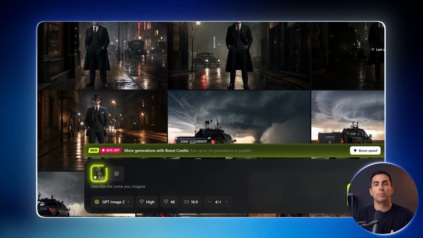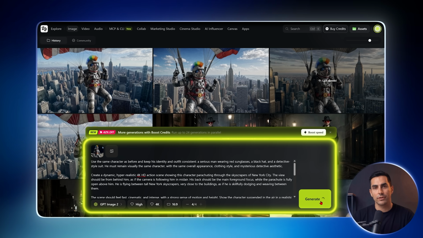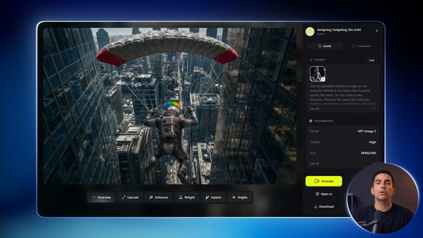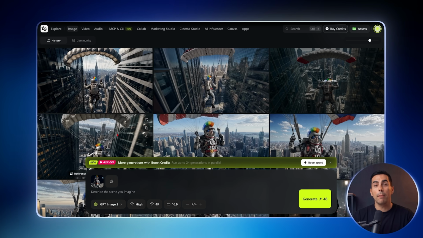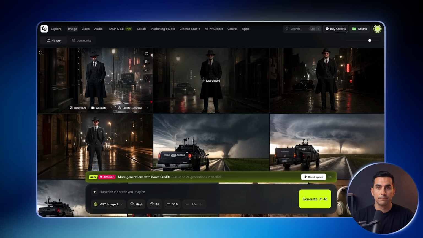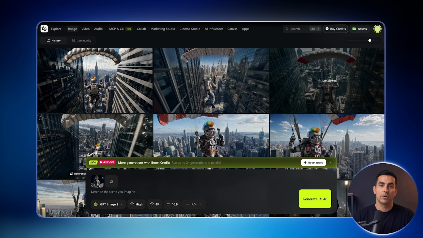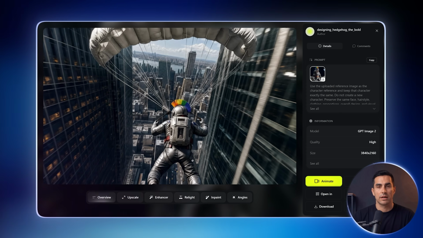And here we can do 2 things. We can upload the image of the protagonist we created earlier and ask it to create more variations of that character in different scenarios. Or we can create the character directly here, upload that image as a reference, and create it in as many different scenarios as we need. And as you can see, the scenarios have much better quality. They look more striking, and there are no strange errors across the image.